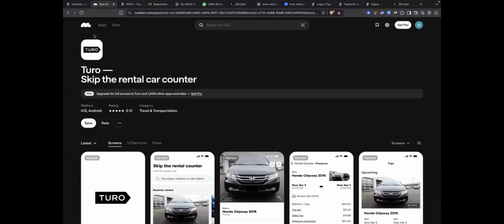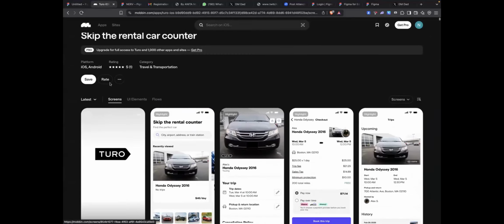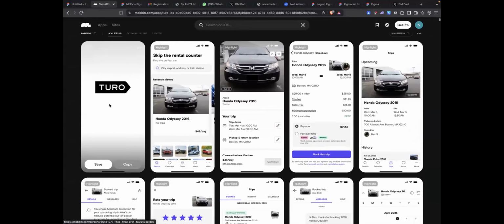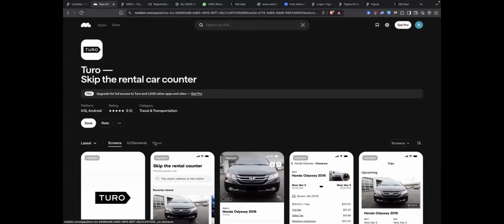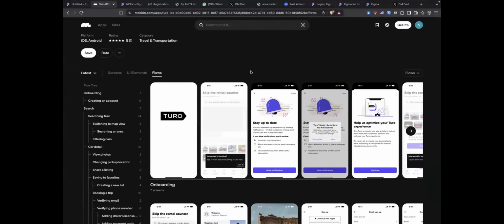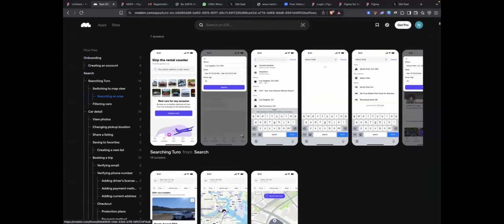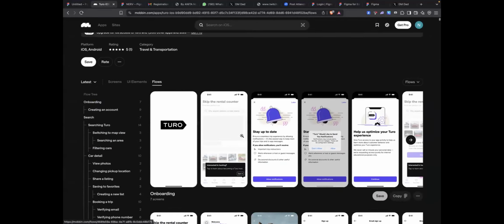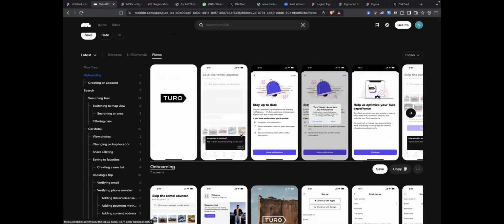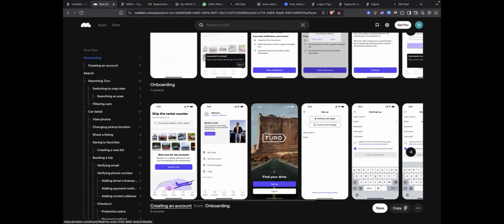When you click on this flow, I think it is when you click on flow, they don't have that again. Okay, yeah, see the flows there. When you click on this flow, you will see from the login to the last screen. That's one thing about using Mobbin. So I'll recommend these websites perfectly for anyone that's trying to learn UI UX design.